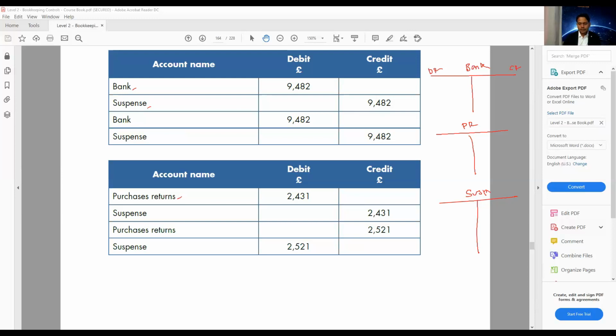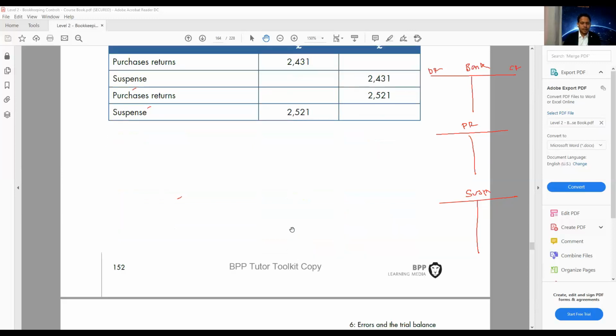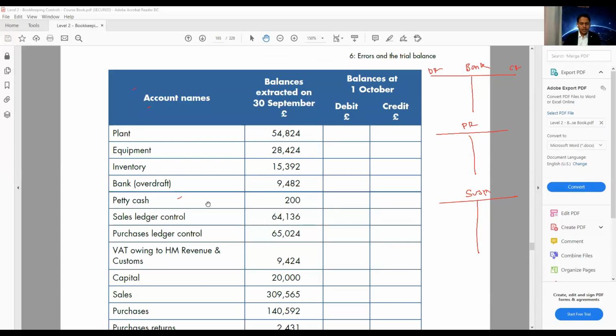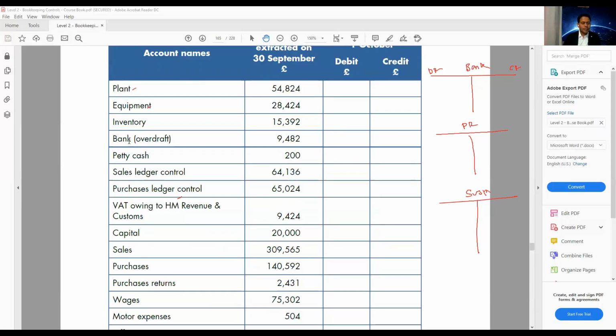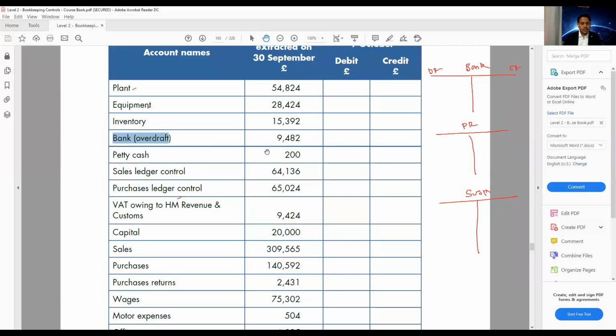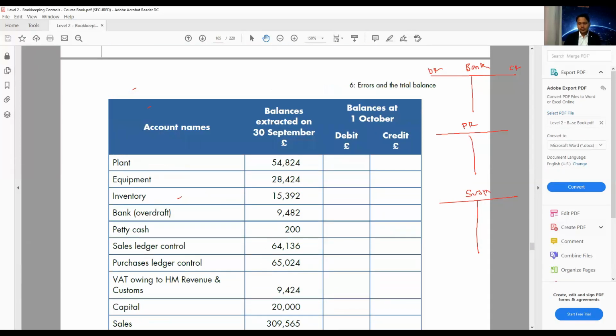So let's have a look at what the opening balance is in the bank on the trial balance. On the opening balance, we can see the bank is saying we have an overdraft, so that's a liability, 9482. I'm going to write it down, 9482. Which side am I going to write it on, the debit side or the credit side? It's a bank overdraft. If this is an overdraft, I'm going to write it on the credit side. So opening balance, balance BD, on the credit side,